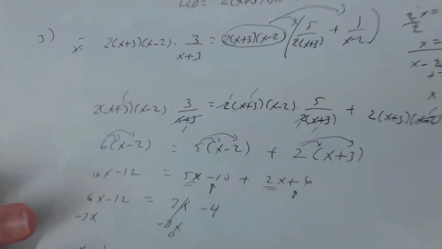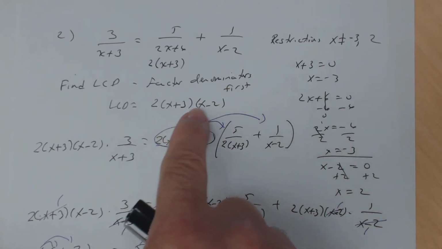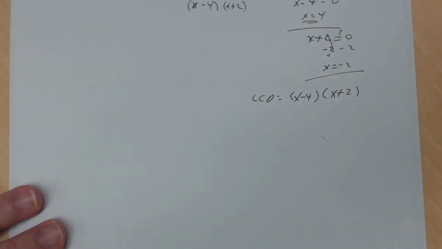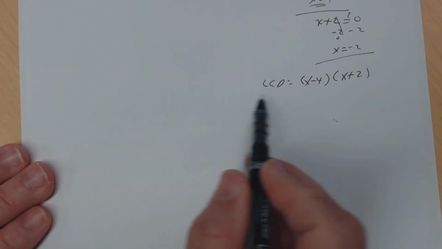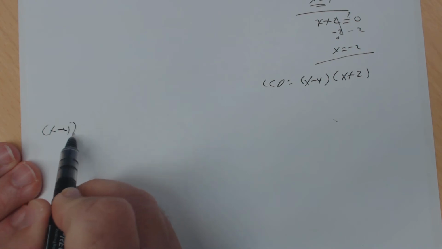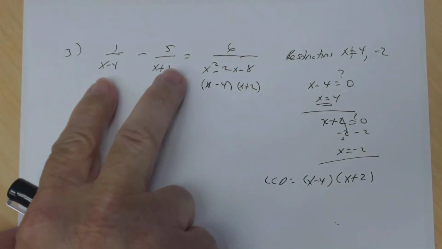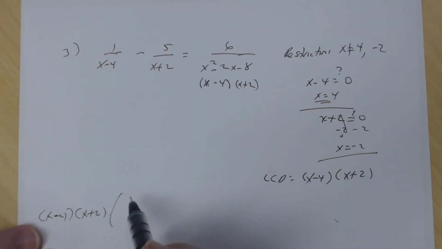Remember all these steps. So quite a few steps involved. So once you find the LCD, which was this right here, you multiply both sides by it, and then you went through the process. So I'm going to go ahead and put that here. So that's going to be the LCD, x minus 4, x plus 2, times, now since the left side is 2 fractions, put that in parentheses, times the left side, just like that, equal the LCD